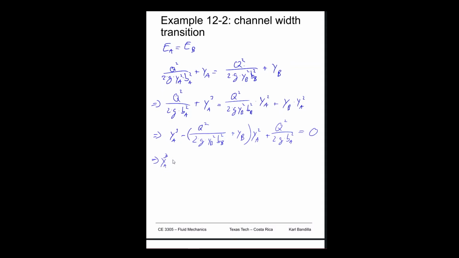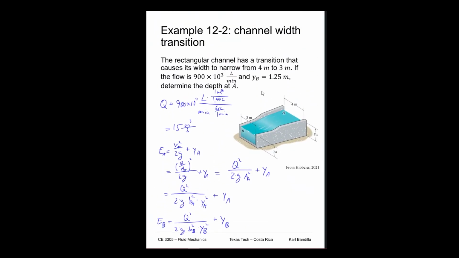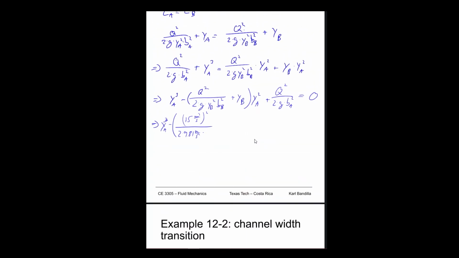Ya to the third power minus q was 15 cubic meters per second squared divided by 2 times 9.81 meter per second squared times yb was 1.2 and bb was 3 times 1.2 meters squared times 3 meters squared plus 1.25 meters, and then that times ya squared plus more or less everything we have up here. We don't really need a bracket in this case, so we'd have